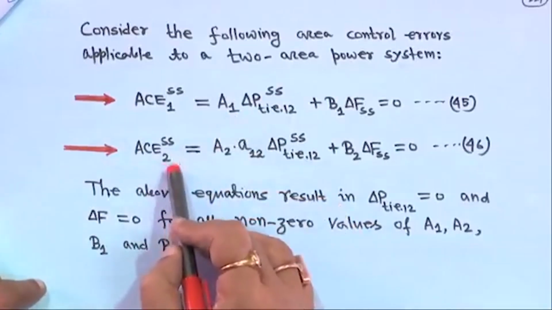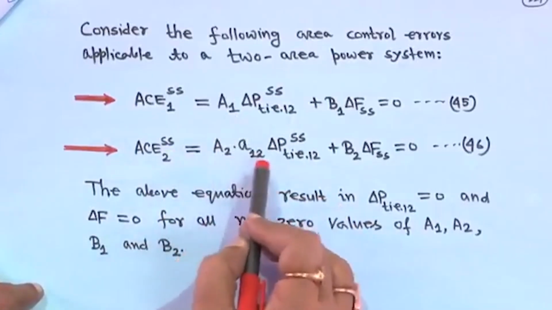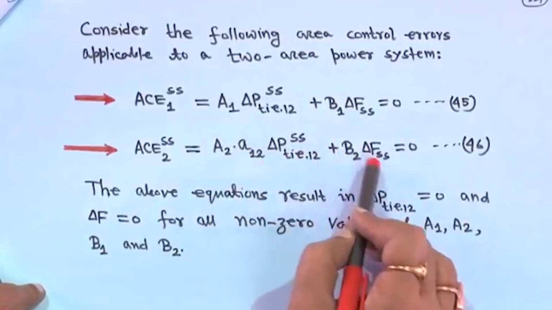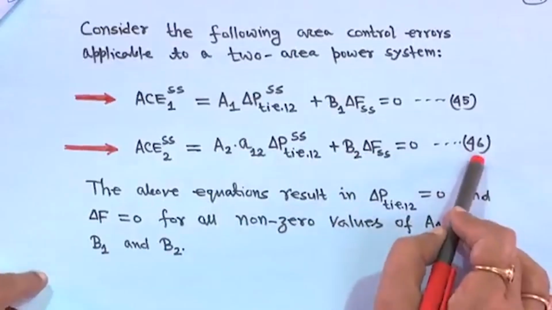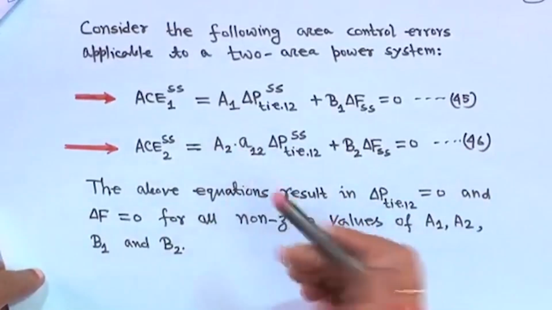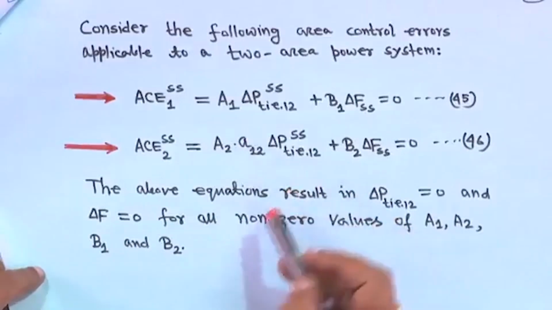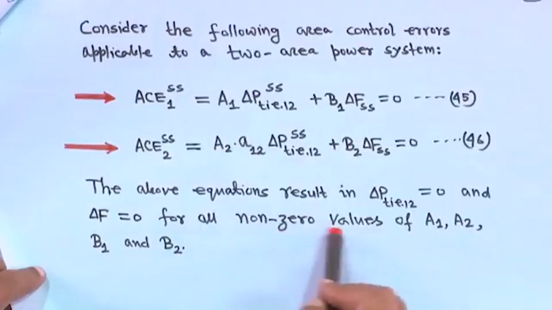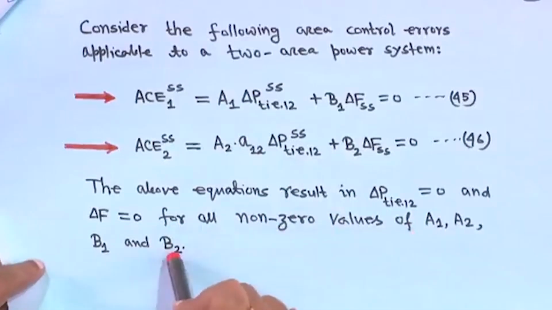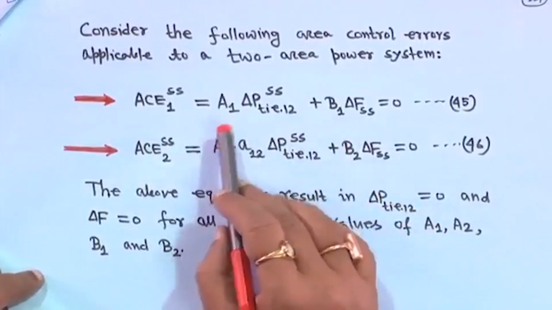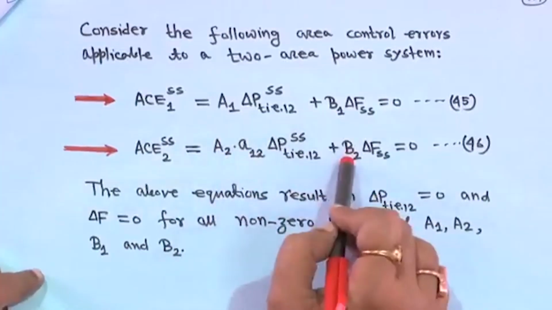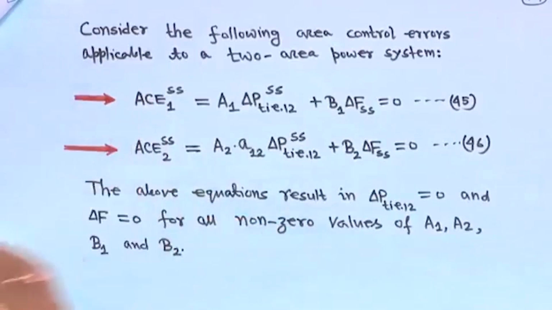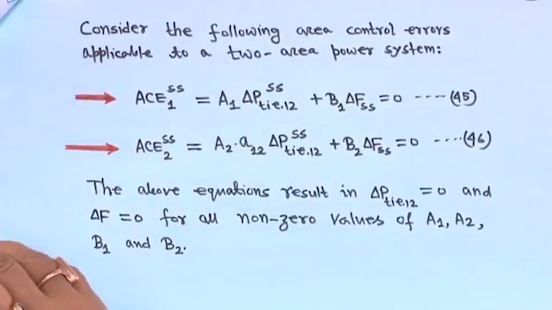Similarly, ACE2 steady state is equal to capital A2 into small a12, that is the area capacity ratio, into delta P tie 1-2 SS plus B2 delta F SS is equal to 0. This is equation 46. These two constants A1 and A2 we have taken arbitrarily. The above equations result in delta P tie 1-2 equal to 0 and delta F equal to 0 for non-zero values of A1, A2, B1, B2. I mean, if you choose some values of A1, A2 and B1, B2,